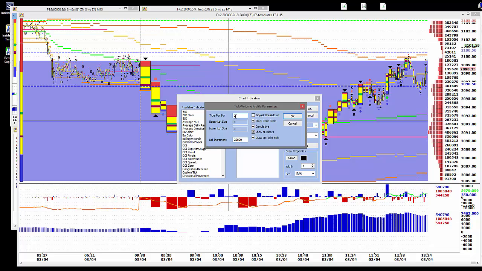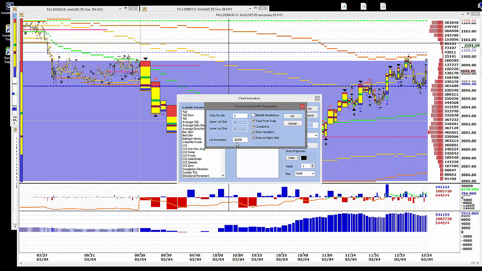So these numbers correspond to the chart title bar up here. 2 and 20,000 are the ticks per bar in the lot increment. Ticks per bar is how many price levels are you lumping together for each horizontal level in your histogram here. So in this case, two price levels. And then increment of 20,000 is within each horizontal level, each of these little ticks, these horizontal bars, represents a